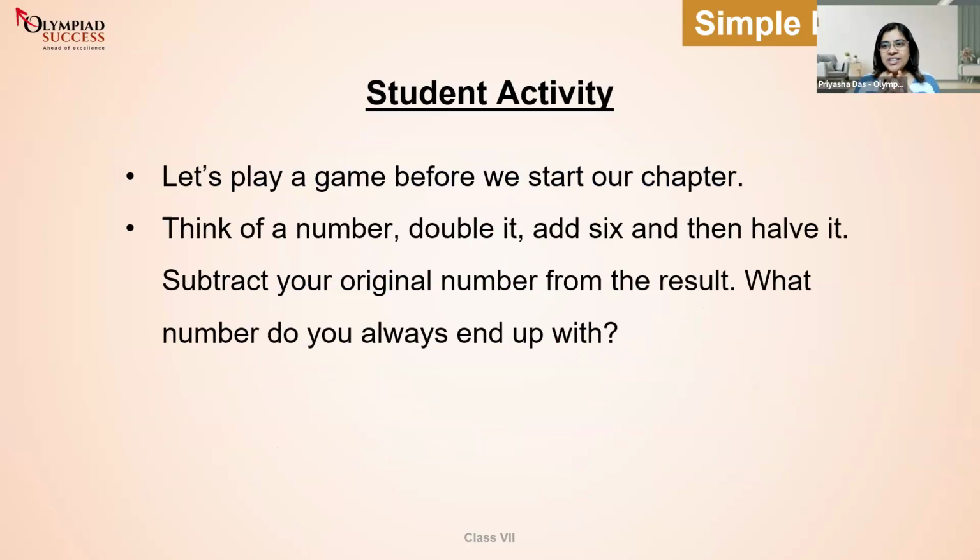Okay. Let me talk about one easy activity. The second pointer here is a quick activity for you people. We always end up with the same answer. So many people try to act as a magician and try to do this activity and always get the same answer. So no matter whatever you take as the number, you would get the same answer. Can you think of any number and try that out and tell me what do you get at the end?